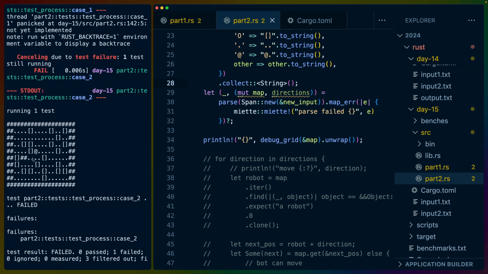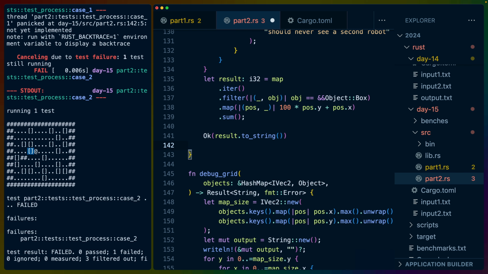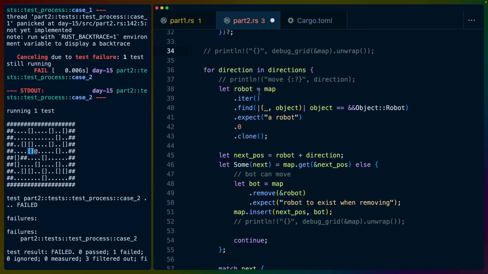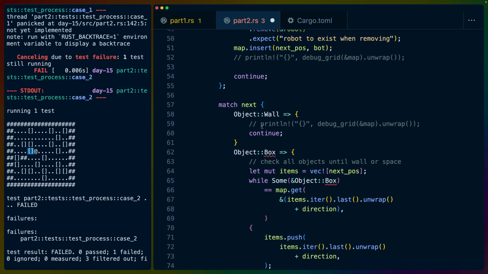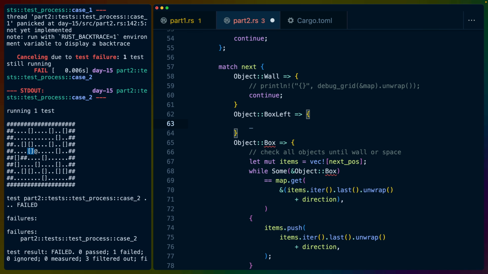So now we have walls, left and right box parts, and more. So we have to special case moving horizontally and moving vertically. Moving horizontally, we just skip one and then include that direction. So let's uncomment all the code we commented out. Let's not print any debugs here. Let's find the robot. If there's nothing, then we can move. That doesn't change. Otherwise, we have a wall. We have box left and box right,